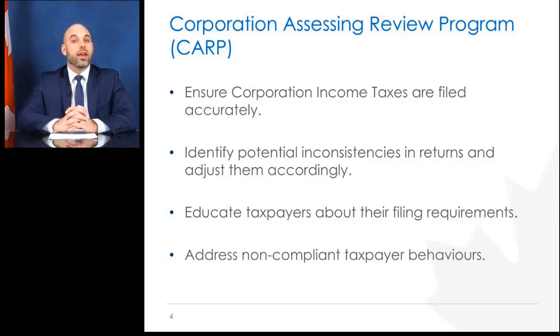It is important to note that a CARP review does not look at your entire T2 corporate income tax return. CARP conducts limited reviews of single line items on the T2 tax return. A limited review means that only part of your T2 is reviewed at a time. However, during the audit selection process, CRA may give your corporation income tax return a general audit. The lines CARP might review are income, expenses, deductions, or credits claimed or reported.